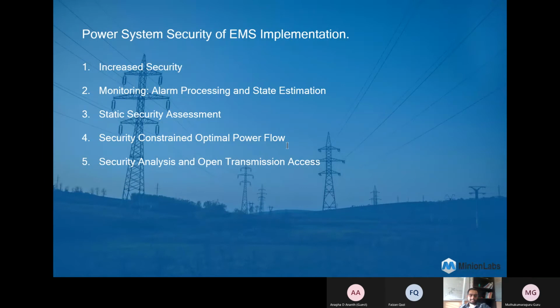Static security assessment. Once a state estimate is complete, the operators have a model of the power system as it presently exists. So it's like a well-trained model with all the good measurements. The next effort is to test that model for a large number of outages in order to determine if the system can recover from the outages without any problems. So this is basically a testing program. The outage events and contingencies can be modeled using a power flow program by running the contingencies one at a time.